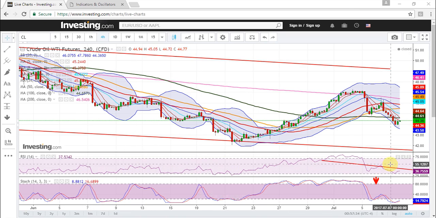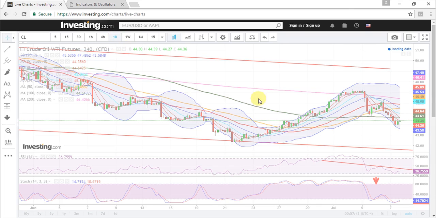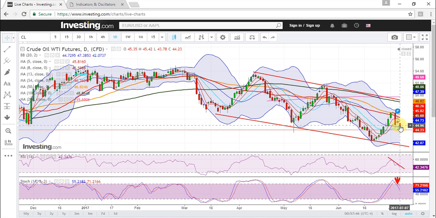Now if we go to the daily chart again, we can see that all the shorter moving averages are above the closing price. So the prices have closed below the shorter moving averages, and we can see that RSI has traded down and the slow stochastic is again trending down and in the normal range after staying in the overbought range. So there is a possibility that the market can move to this lower channel support in the daily chart. But if there is an uptrend in between, the indications will be provided in the shorter time frame chart,